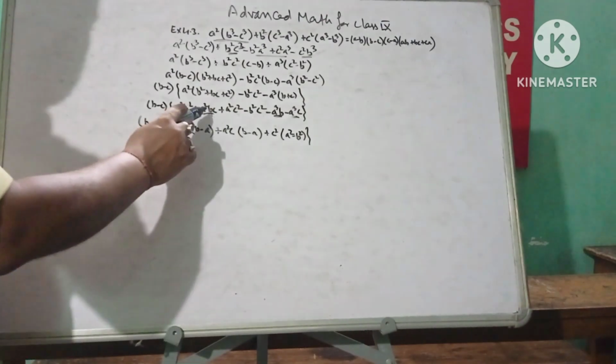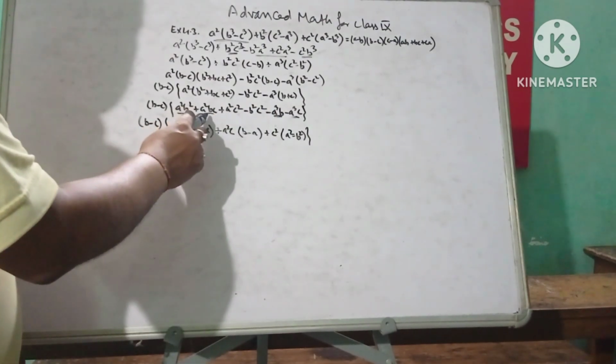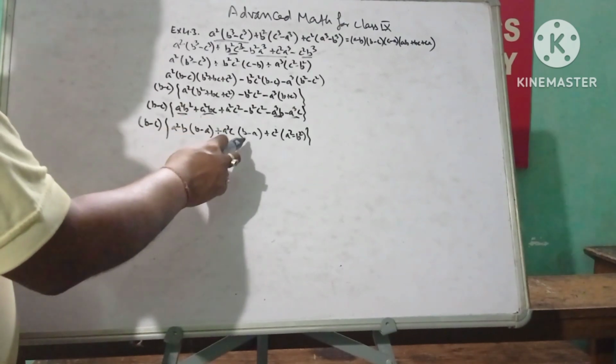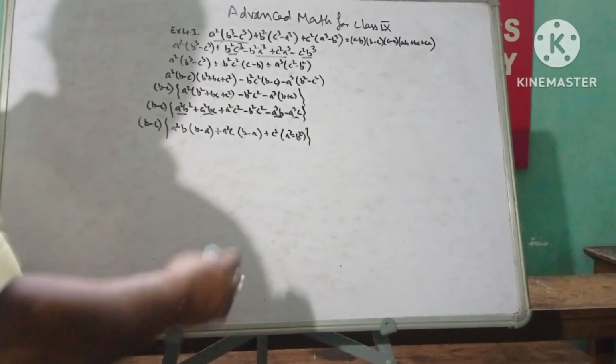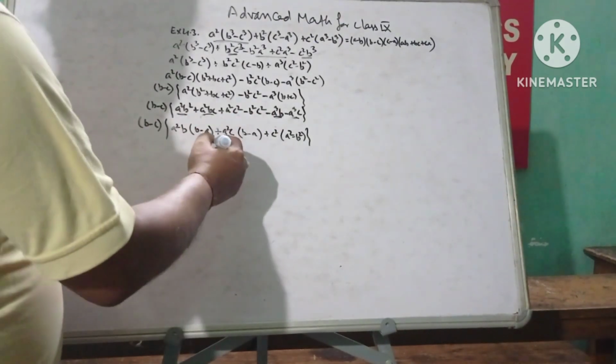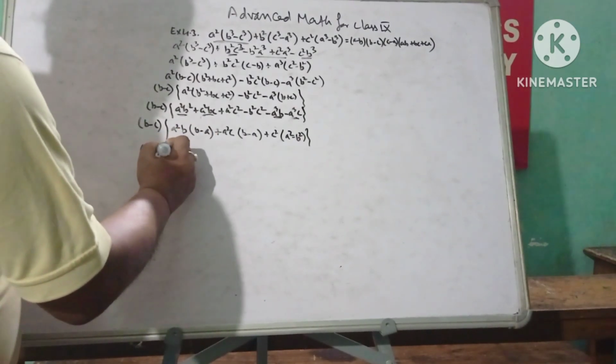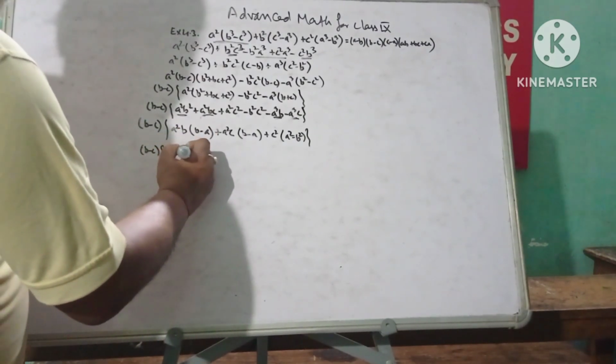If you take these two terms, then your a square c will be common, and here this is b and here a. Now I am going to take a minus, so this will be b minus c, this will be minus a square b,